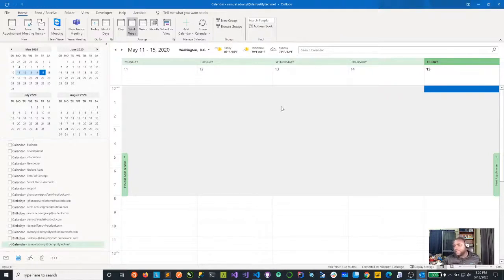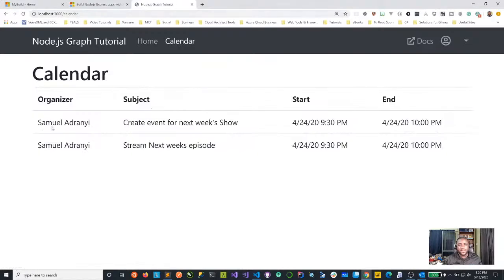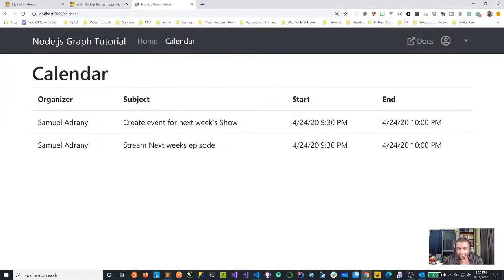Now, you see that I have some previous tasks. So let me go back to the app and show. If I go to calendar right now, the route takes me to the calendar, and this has preloaded. These are my previous tasks that I need. Now let's go back to my Outlook and look at the date of these. This was the 24th, right? April. So it's 24th April.